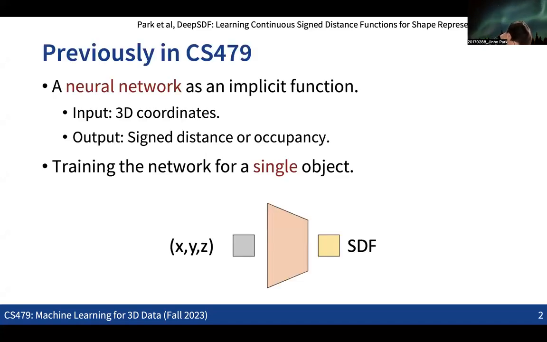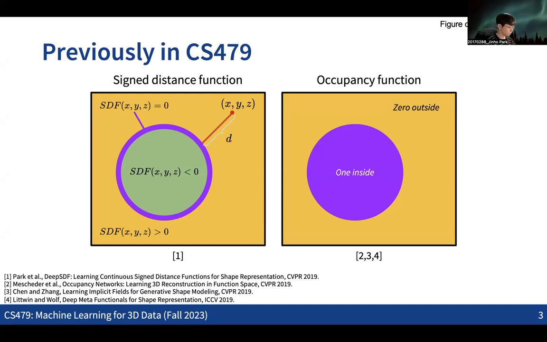So last time we were discussing some ideas on how we can make the neural net an implicit function. It was actually very simple: we make a neural net that takes the coordinate in 2D or 3D space and returns either the signed distance or the occupancy as the value for each point. To make this implicit function, we could consider predicting either a signed distance function or an occupancy function.